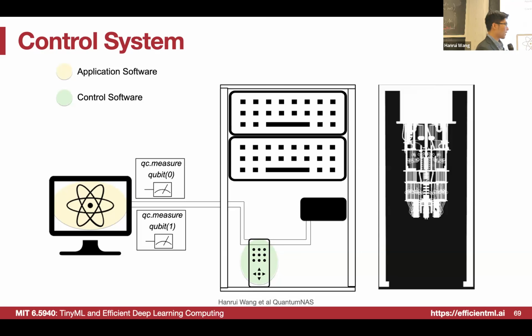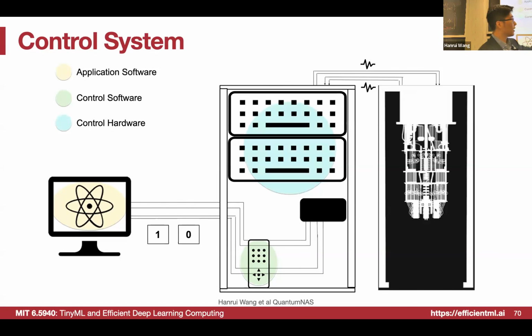After this construction, the circuit is compiled and sent to the classical server to do the hardware signal generation. And then we send this signal all the way down to the quantum machine in this, which is called a dilution refrigerator. That means you can have a really low temperature of 4 millikelvin down at the chip. We send the signal down to the chip, and then we can obtain the measurement outcome from the qubits all the way back across the stack, and then we obtain the classical 0 and 1 from the system.